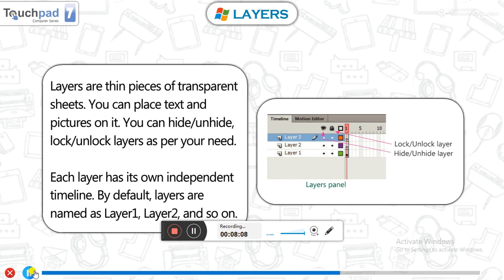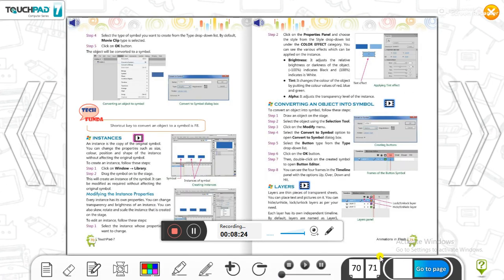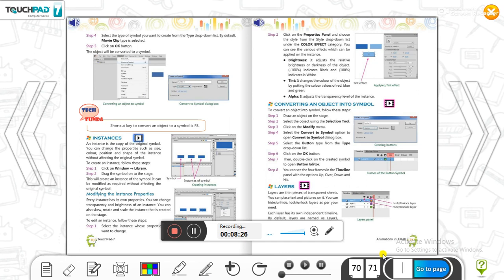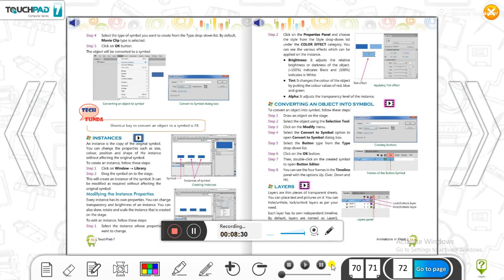Next topic is frame and keyframe. Listen to some points about this also.